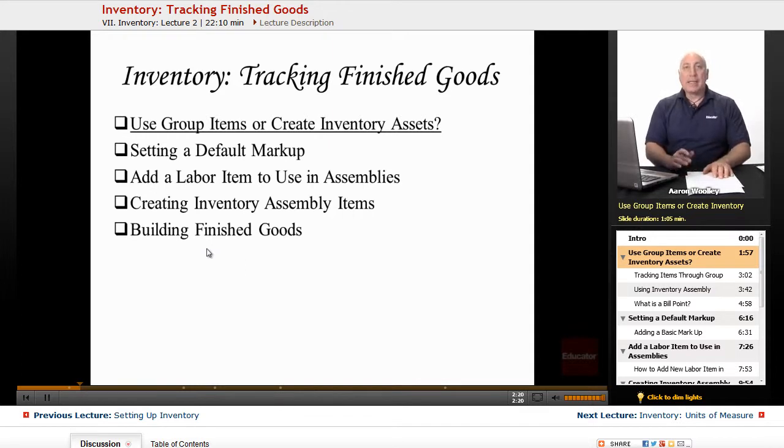For instance, you might have a construction company that remodels houses that could set up a group item that lists the significant components of a remodeling job. For instance, labor, lumber, markup, etc. So there might be a group of items that they just put in as a remodeling job. Sales reports for the company would then actually show income broken down by each of those components instead of the single lump sum for all the remodeling jobs. So it's kind of a quick way to lump in a job and lump in some of those items